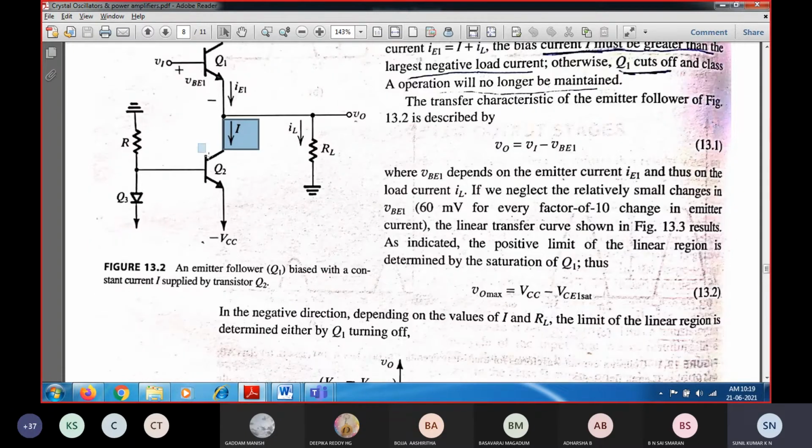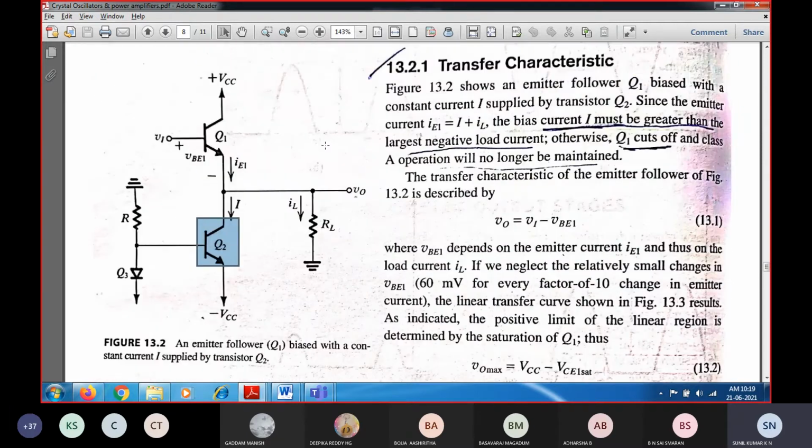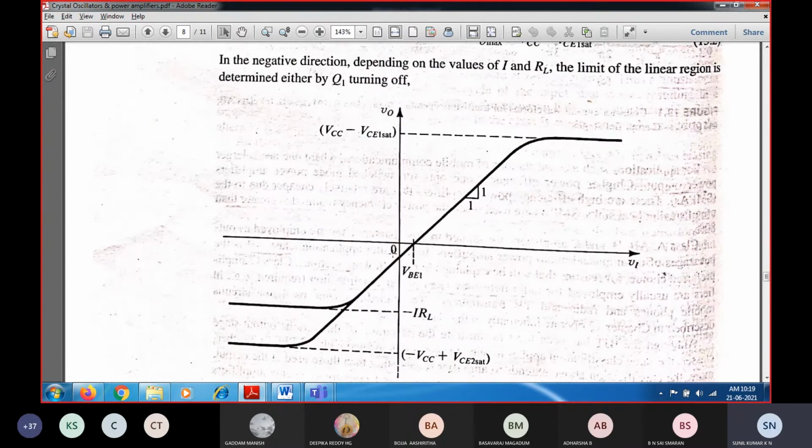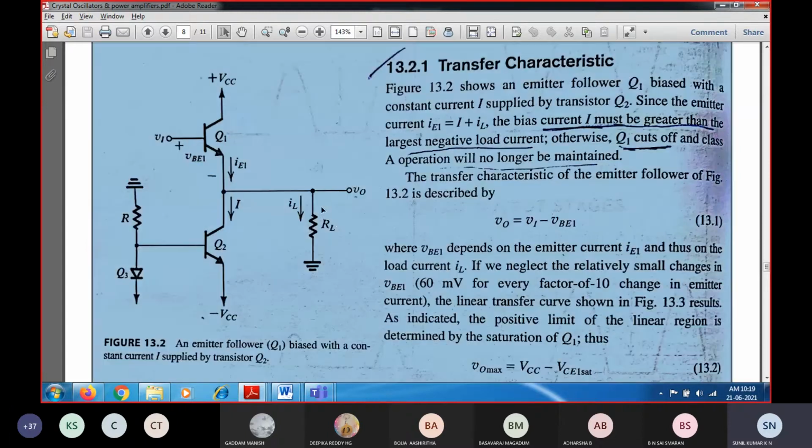Before it gets saturated, the current flowing is determined by the minimum as well as the maximum negative current in the direction. You can see that over here. For the output voltage, during the positive input cycle, for a given input voltage it increases in a linear way. Then when transistor Q1 enters the saturation region, the output will be equal to VCC minus VCE saturation, because the collector-to-emitter voltage gets saturated. That will be the output voltage V0.